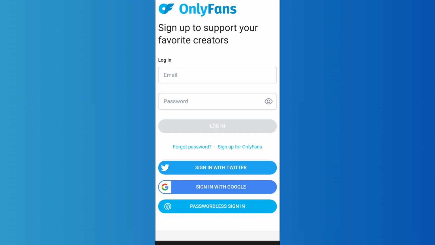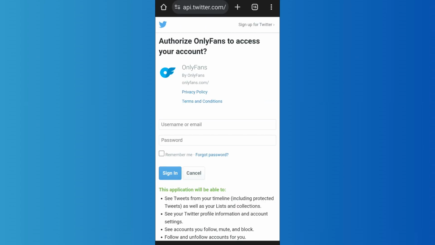In order to sign in with Twitter, you can simply tap on this sign in with Twitter option. Then after, you'll have to enter your username or email address of your Twitter account and then its password. After you enter these details, you can simply tap on this sign in option that you can see on the